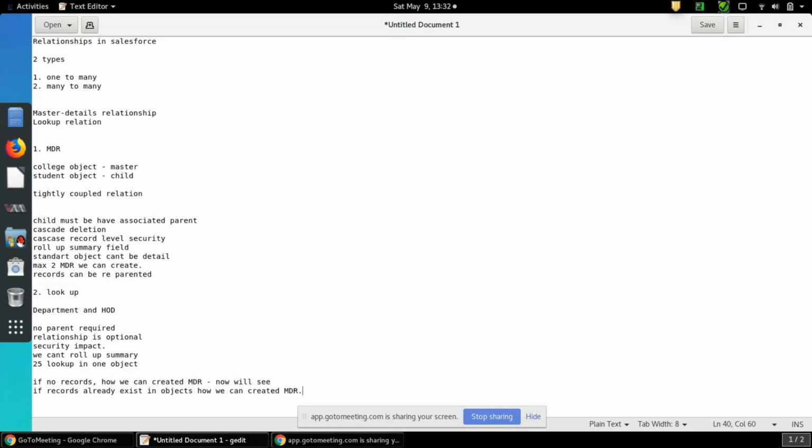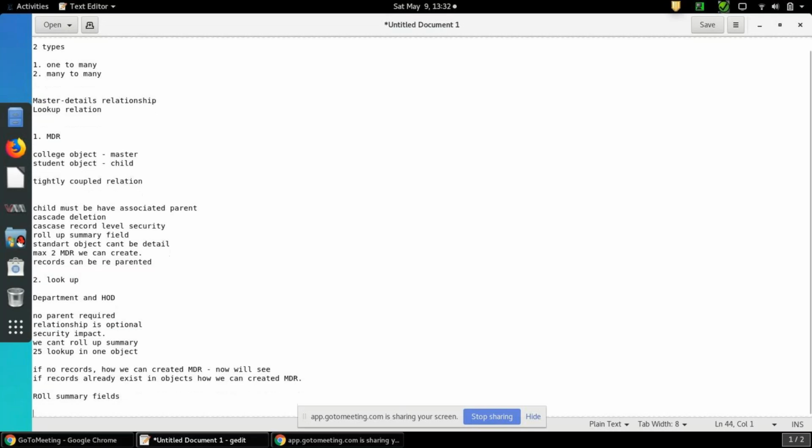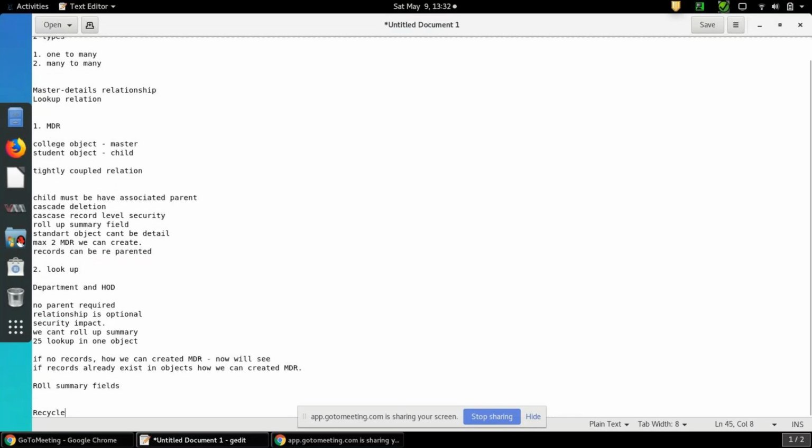That also we will see. And finally we'll see what are roll-up summary fields and also recycle bin.